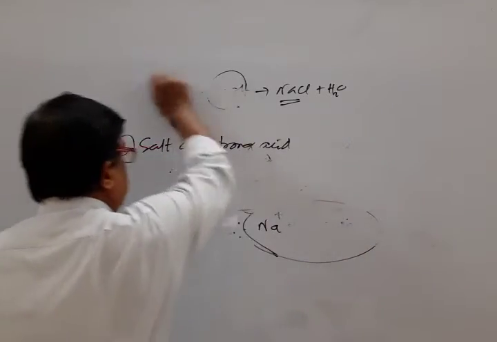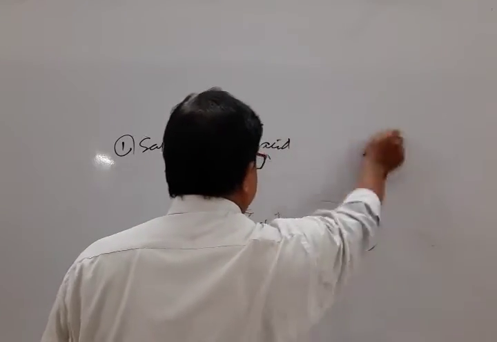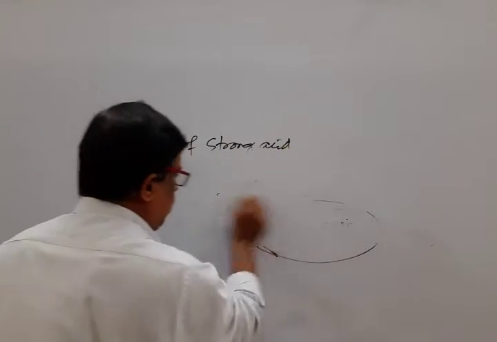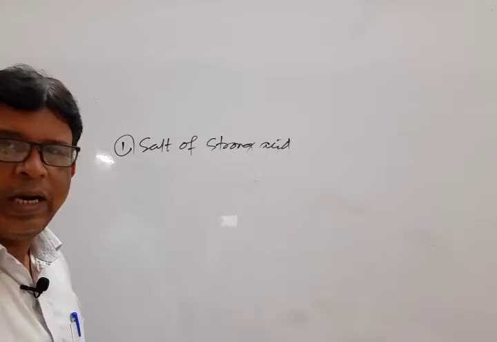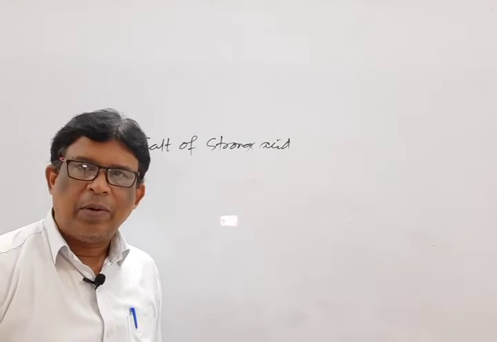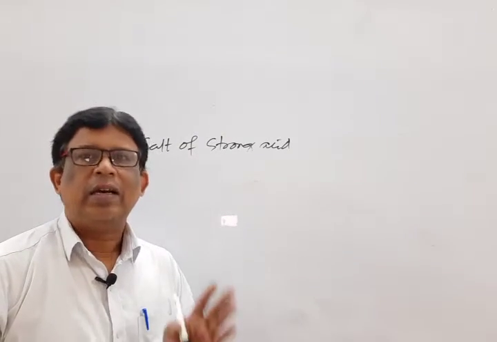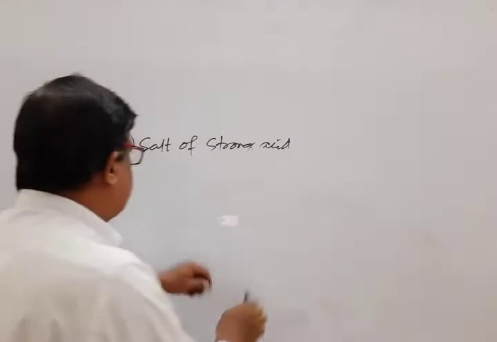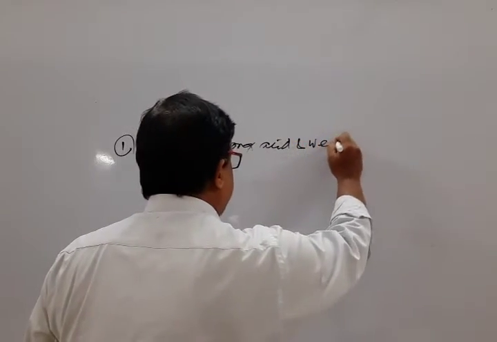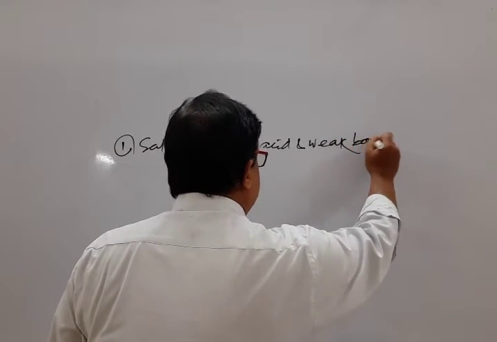Let us consider case 2, that is salt of strong acid and weak base. Students, I repeat again, never worry about writing one. It is the phase 1, clarify your doubt. Move to the second one, that is salt of strong acid and weak base. So many examples are there.